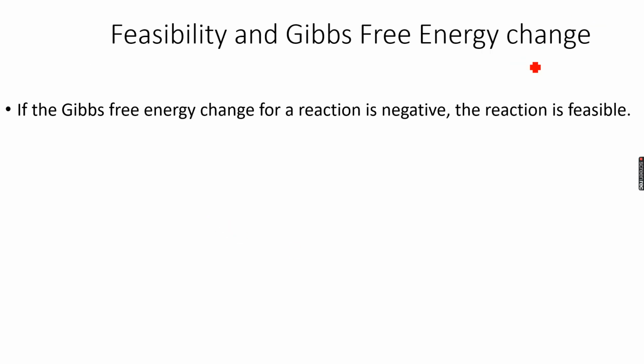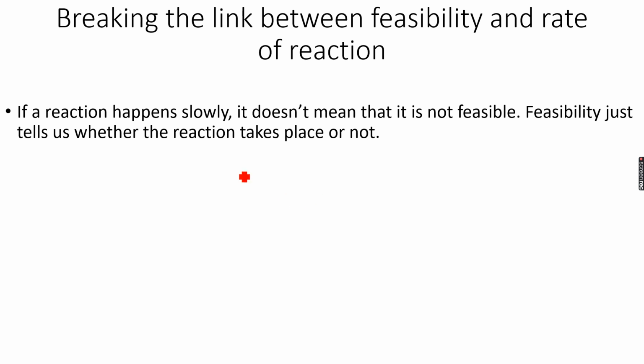So, feasibility and Gibbs free energy change: as I said, if the Gibbs free energy change for a reaction is negative, the reaction is feasible. We have done this, and now we have to break the link between feasibility and rate of reaction. So sometimes when you put a slightly unreactive metal into